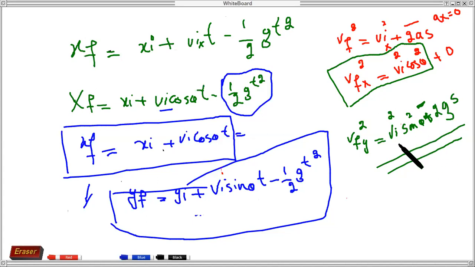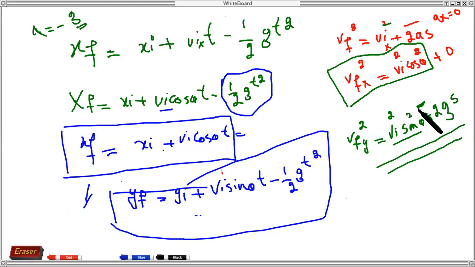Yes, Professor. Okay, main formula is V square equal to Vi square plus 2As. So for vertical, Vfy square, then we have Viy, and Viy is equal to Vi sine theta. This is the vertical component of a vector. So taking square on both sides, Vi square and sine square theta. We have 2As, where A is equal to minus G. This is for both free fall and two-dimensional motion.